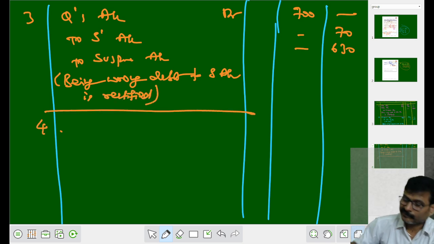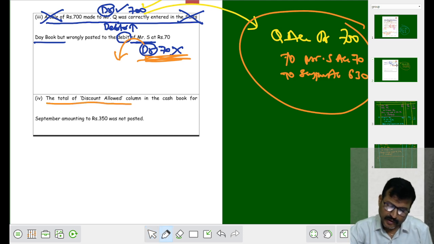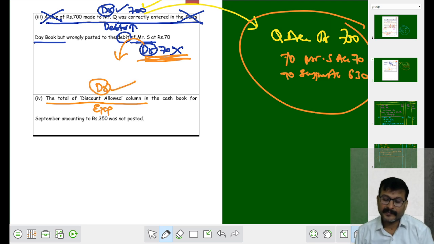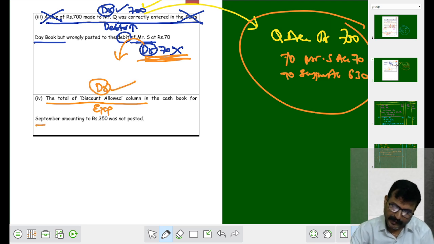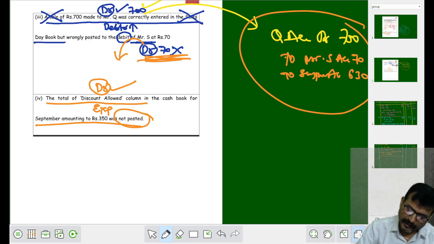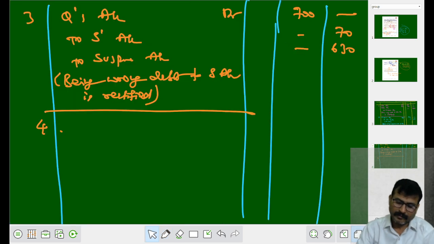Fine. Let us move on to the last transaction. Total of the discount allowed column. What do you mean by discount allowed column? Expenses. It is to be debited correctly. In the cash book for September was not posted. Posting नहीं हुआ. अब posting करना. Posting किया तो क्या होता? Discount allowed account debit to what? Suspense account. Now your entry will be